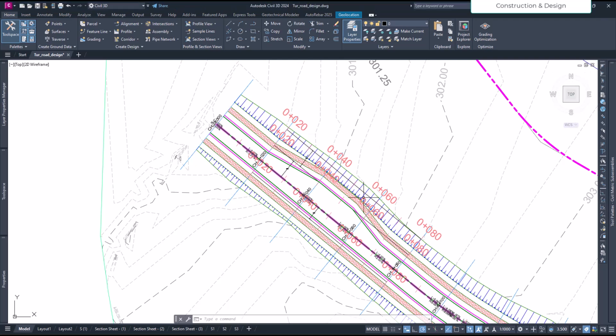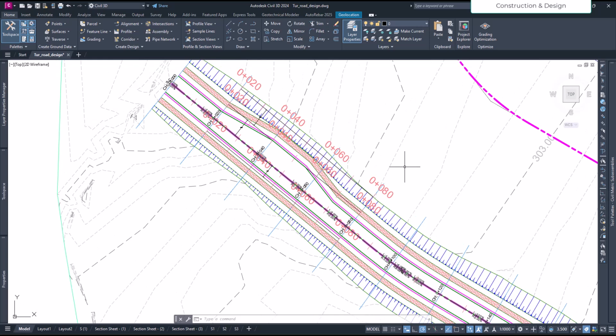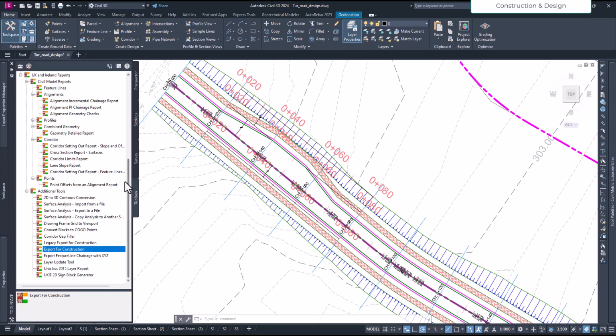Hello friends, in this video we'll see something interesting again with that UK Ireland toolkit. So let's go to the tool space, and then on the toolbox you access the additional tools, and actually it's in the corridor. So maybe sometimes